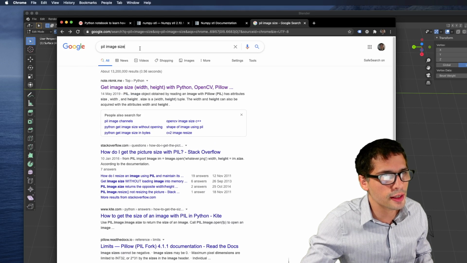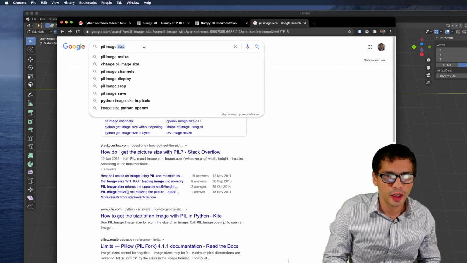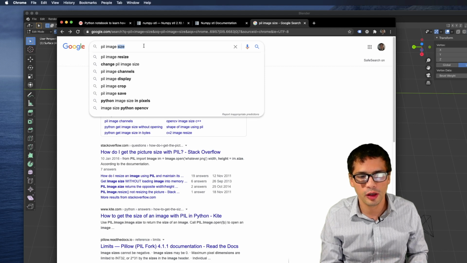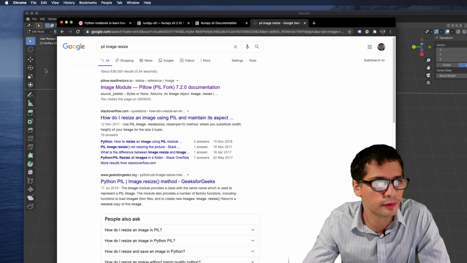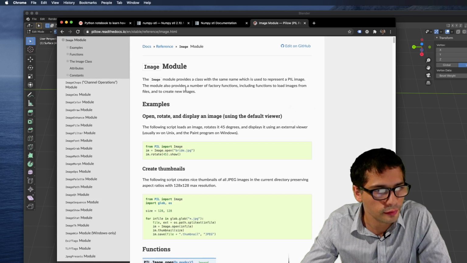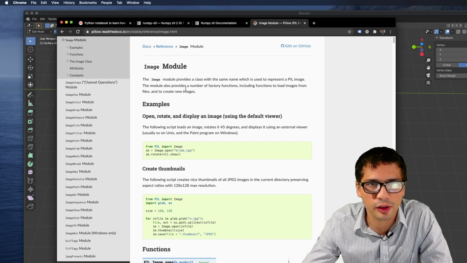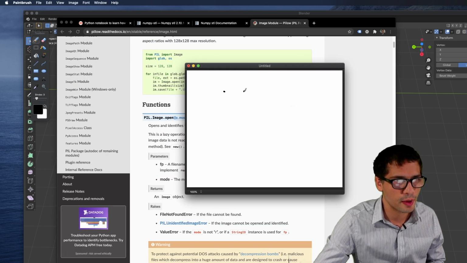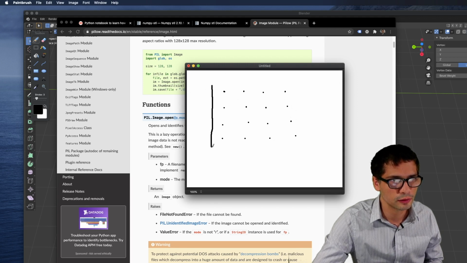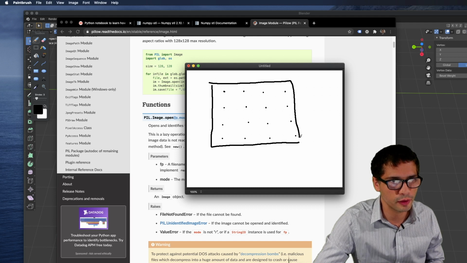And this resizing can be a bit tricky because depending on how you do it, you need to keep the proportions right. And there are different ways to resize, different techniques. A bit like when we converted the image to grayscale, there are different ways of doing it because you need to average out different pixel intensities and different colors. Let's just give you a simple example here, right? Okay, so this is my image. I want to resize it to half of what it is currently.